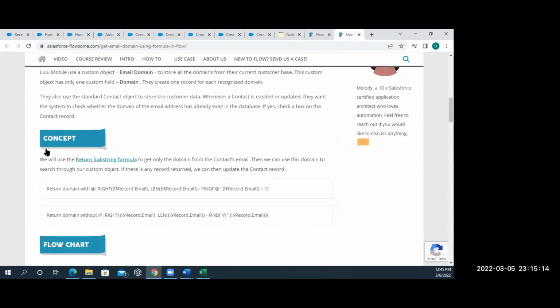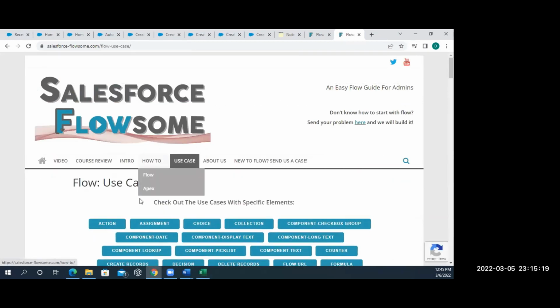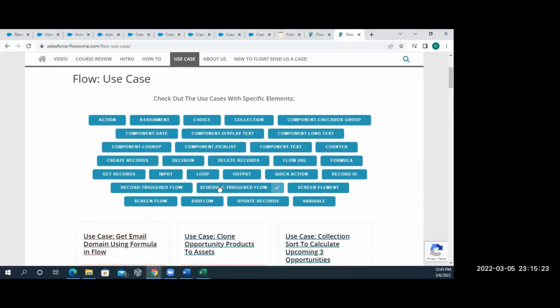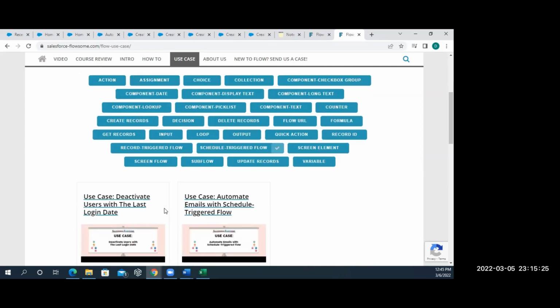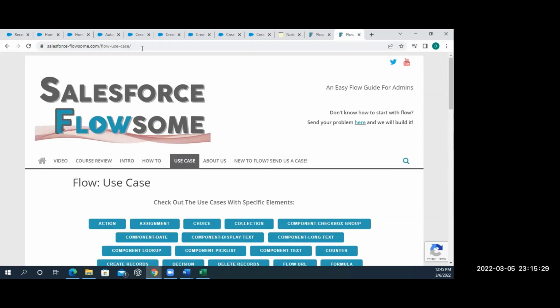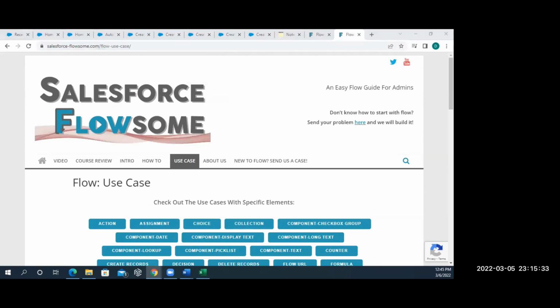This will help a lot because we cannot do all the cases, but even then, if you want to perform some other screen flow, subflow, schedule trigger, it has some flows. I'll give you this. This will help us a lot. Please make a note about it. This is an awesome thing. This one, and